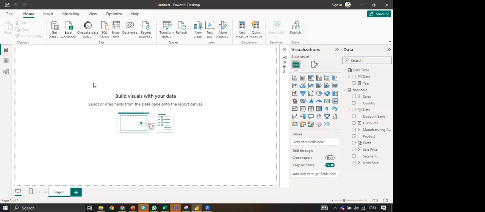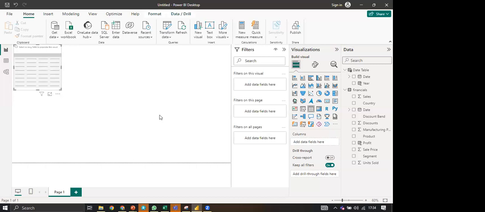And when we are talking about the measure in Power BI, they are of two types: your implicit measure and your explicit measure. The implicit measure is the one that Power BI automatically calculates for you. Most of the times when you're creating your charts, there is a lot of calculation going on beneath, just drag and drop. So let's say we just select this table and we do the